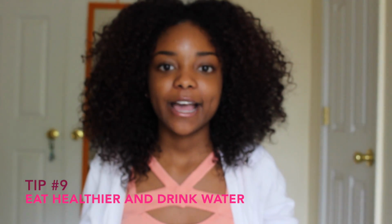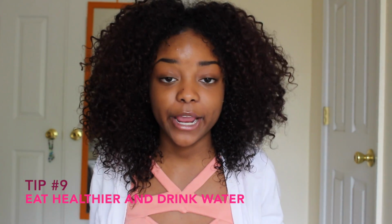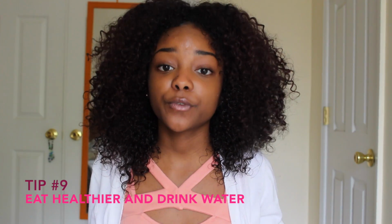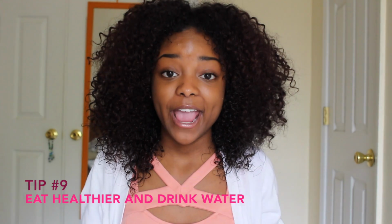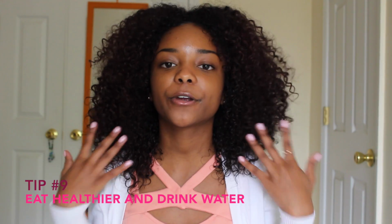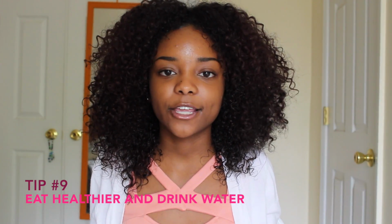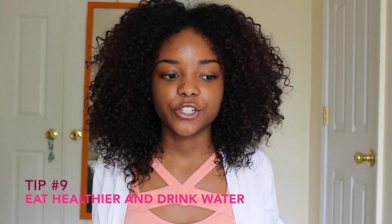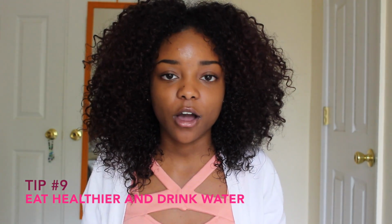The next tip that I have, and it's very simple and can make a big difference not only for your hair but overall, is to eat healthy, eat nutritious foods, and drink water. It's not only going to change how your hair responds to certain things or your hair growth, but it's also going to give you prettier skin, nail growth, whiter teeth, stuff like that. You're going to be healthy overall, and I just feel like that's very important. Also, it should just be a balanced, healthy eating habit, diet, whatever you want to call it, and drinking